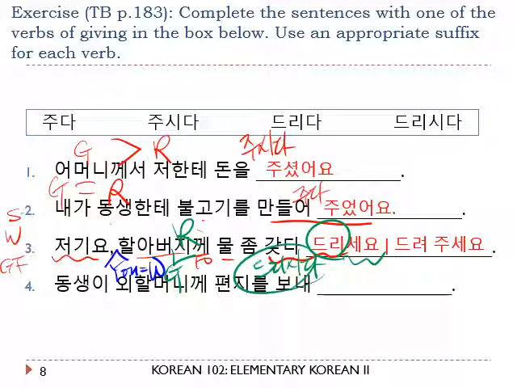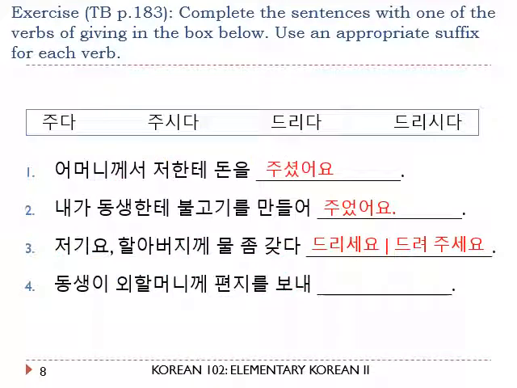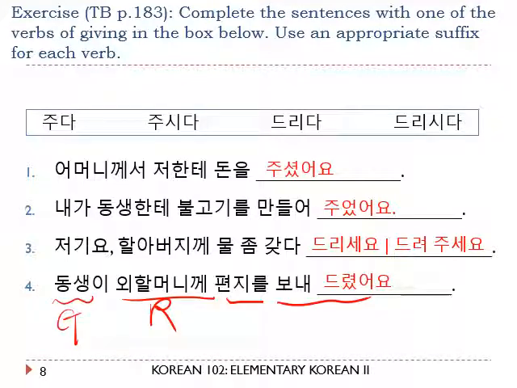Make sense? Okay, finally 4번, 동생이 외할머니께 편지를 보내드렸어요. 자, my younger sibling, 외할머니께, to grandmother, letter 편지, 보내드렸어요, sent. My younger sibling sent a letter to grandmother. 동생 is the giver, 할머니 is the receiver, and definitely 외할머니 is higher in social hierarchy than the younger sibling. Okay, so the right benefactive form is 드리다, and